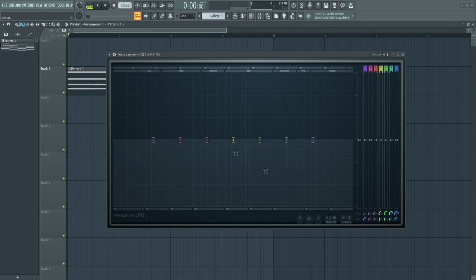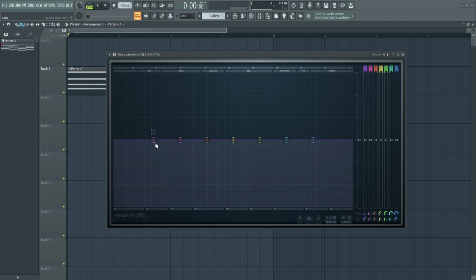And the spectrum ranges from 20 Hz to 20 kHz. So at the very extreme right we have 20 kHz, and that's the human hearing range. So that's how the spectral analyzer works within the EQ.